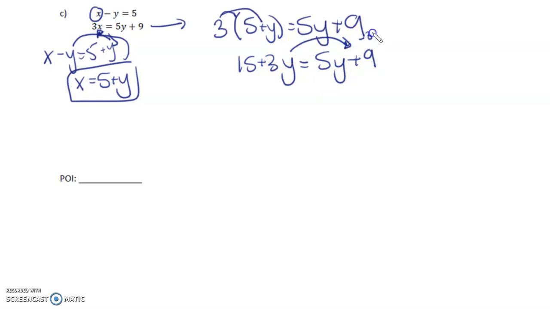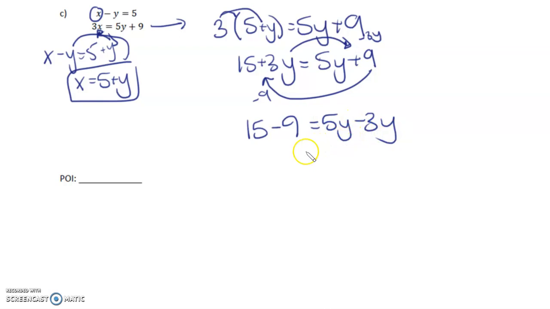It becomes negative 3y. Okay, and let's bring this 9 over to this side. It becomes negative 9. So the constants are on the left side, which is 15 minus 9, and the y values are on the right-hand side, which is 5y minus 3y. So we get 6 equals 3y,